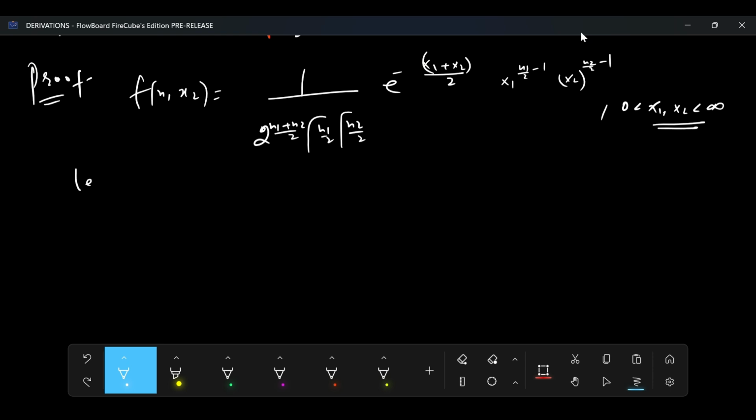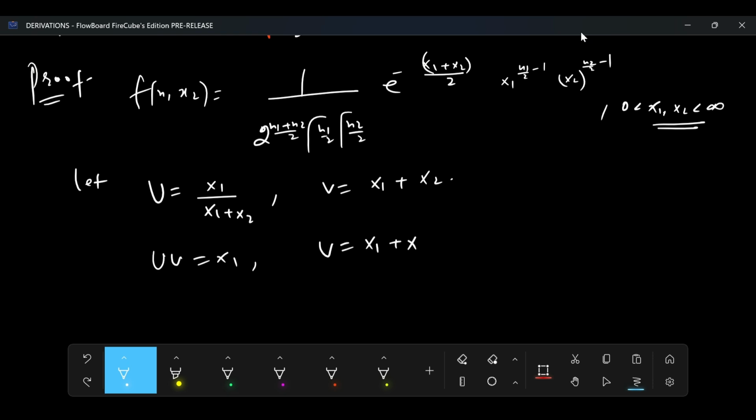Clear? Now let u is equal to x1 plus x2 and v is equal to x1 plus x2. So in place of x1 plus x2 we will write: u equal to x1 over (x1 plus x2), v is equal to x1 plus x2. Clear? So now